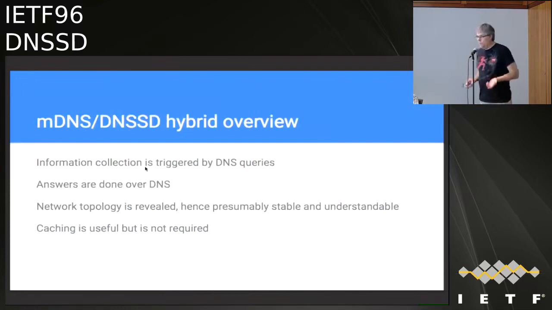The motivating use case for this is that we want to be able to use something like Dnssd hybrid on a HomeNet, but Dnssd hybrid presumes essentially a managed network with an understandable network topology. And that's really not characteristic of home nets. Anybody who's been to the house of somebody who is not a network expert, who has a home network with more than one router, knows that they just plug them in together randomly. And that has to work, and it has to make sense to the end user when they see the results of that random connecting of the network. So in order to make that work,